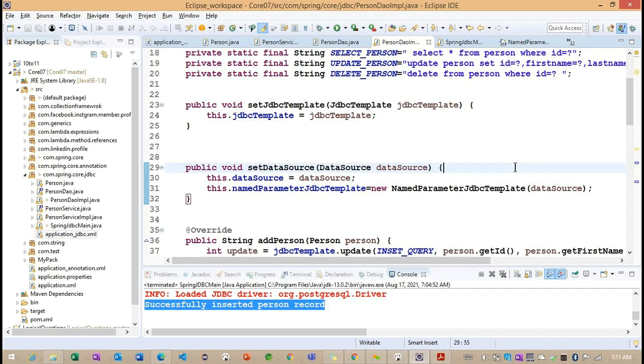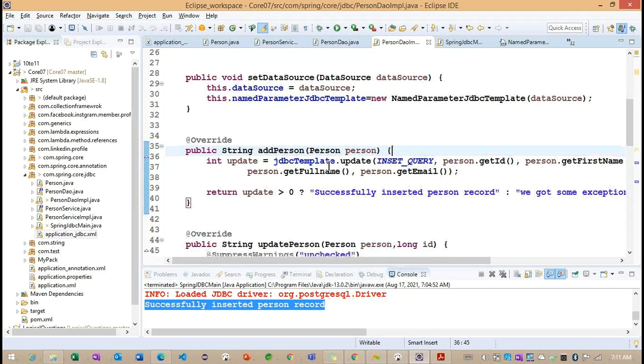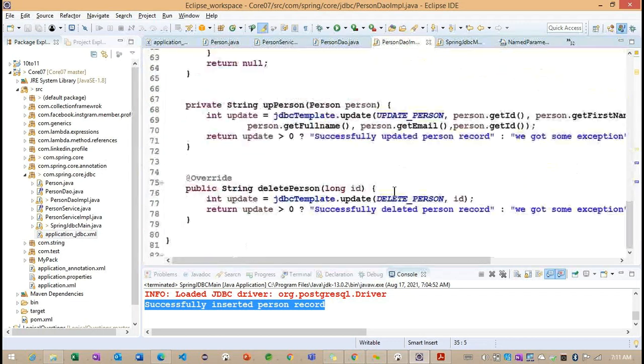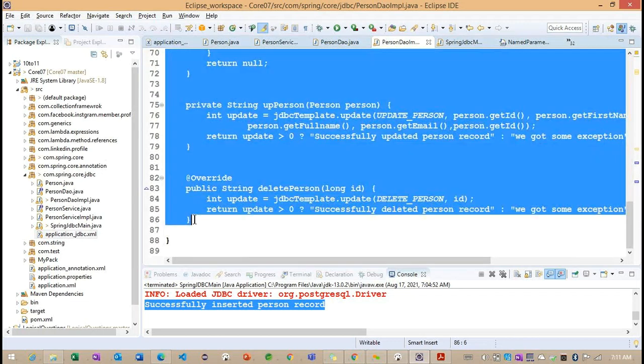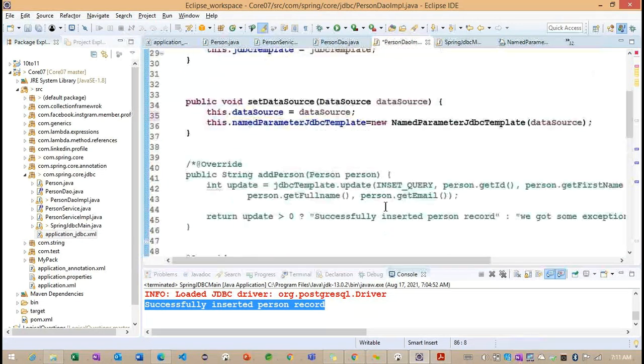So this is about the configuration, right? Once we configure it, now what can we do? We need to work on the add method, update method, as well as delete method. To work on these three methods, first I want to comment out all the methods here, because we need to work with named parameters.